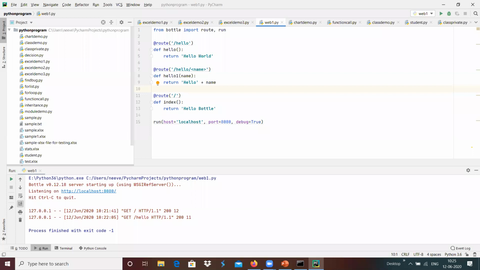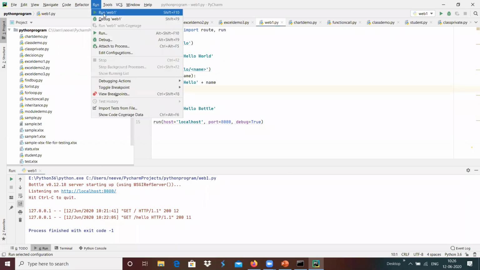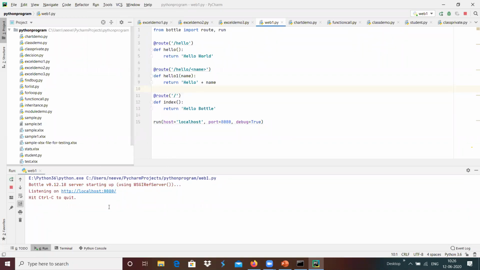This is something where we can receive the argument from the web client. I'm going to run this, the web one, which runs on localhost 8080.